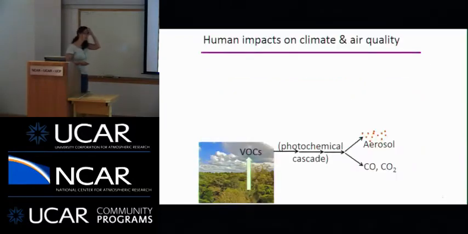So my very quick little cartoon to illustrate exactly what my group is after is this. As you all know, hydrocarbons, so volatile organic compounds, are emitted by plants into the atmosphere, oxidized in a photochemical cascade, and either they're lost by deposition along the way, or they end up as aerosols, or perhaps some of that carbon ends up as CO and CO2. So obviously, all of the molecules in the photochemical cascade, the aerosols, and then of course the end oxidation products have different impacts on air pollution and climate.